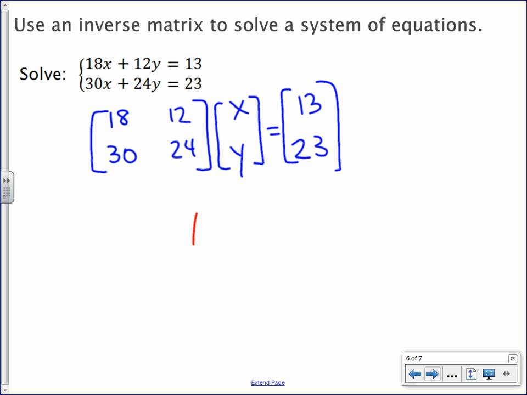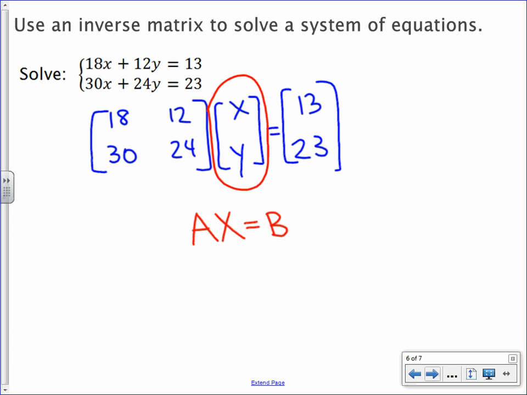Here I have matrix A times, I'm going to call this matrix X, equals matrix B. And I want to solve for this matrix right here. That's going to be our goal, so we know X and Y. Okay, do we know how to divide by a matrix? Well, we know how to multiply by the